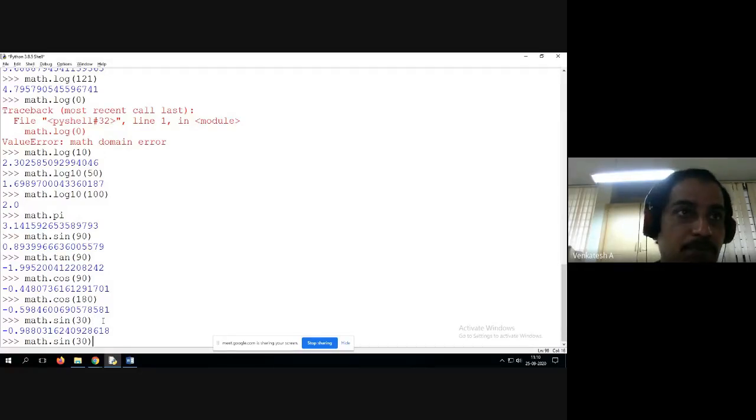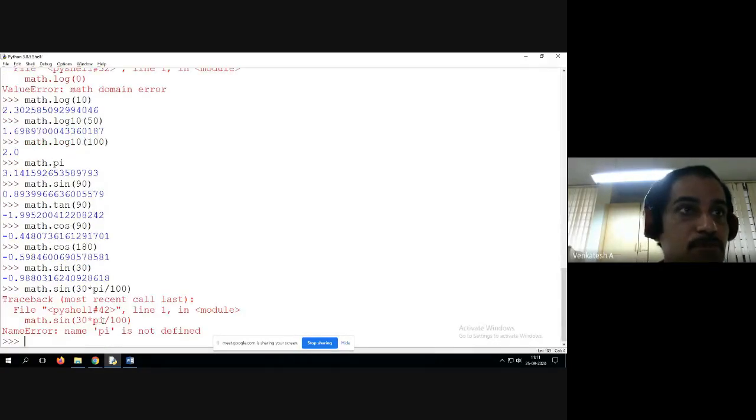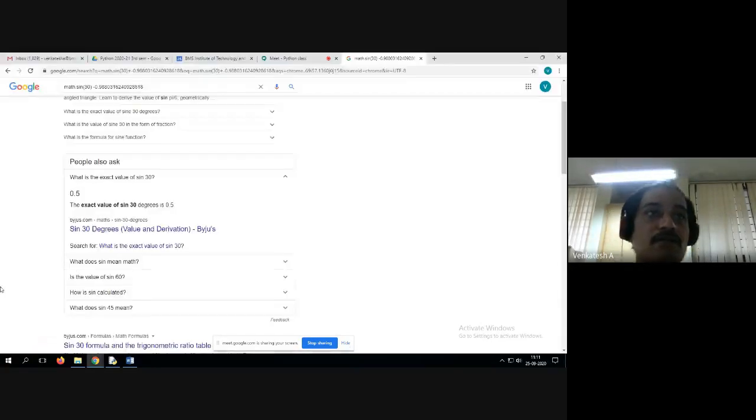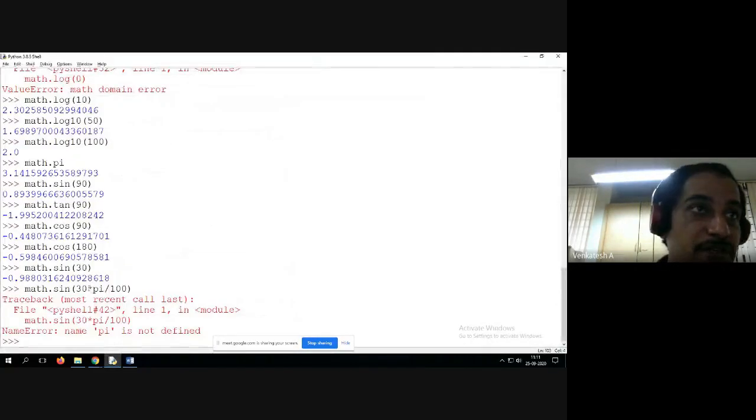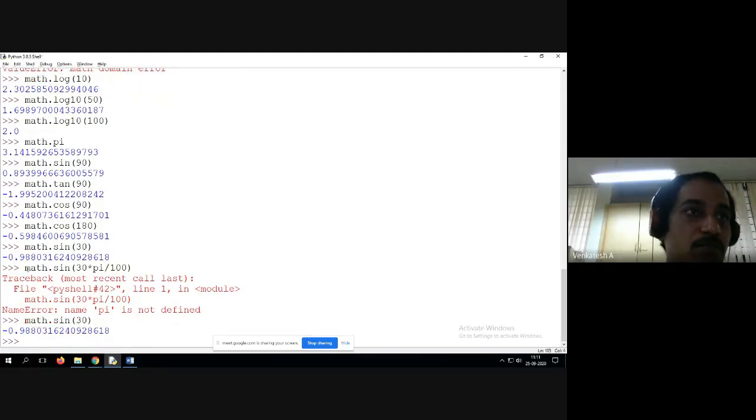And also we can perform some operations like this, into pi by 100. So not possible. Okay, students, I don't know why it is giving an error. Why is it showing an incorrect result for math.sin of 30 degree? It should be 1 by 2, that is 0.5, but it is showing 0.98.